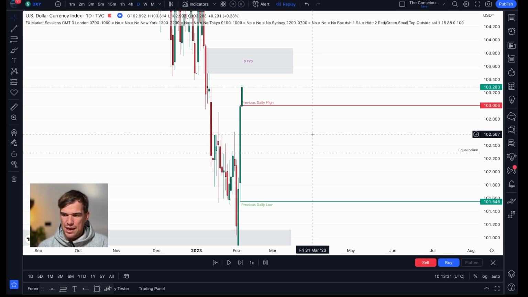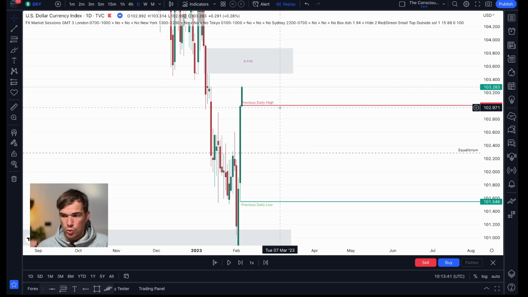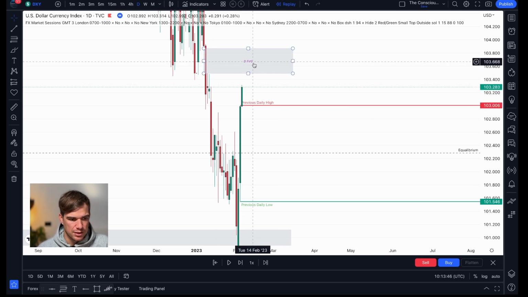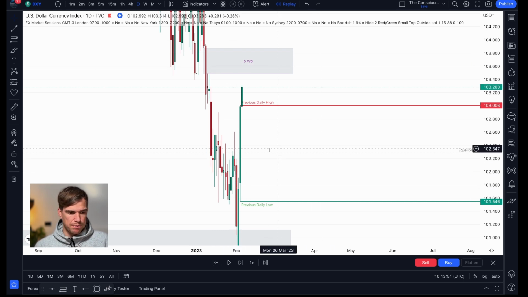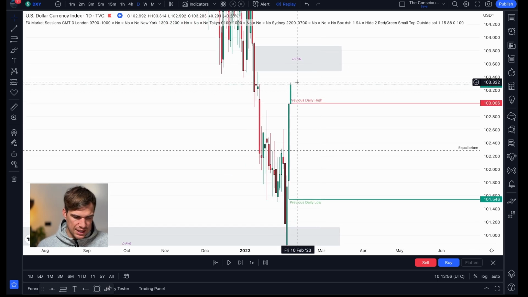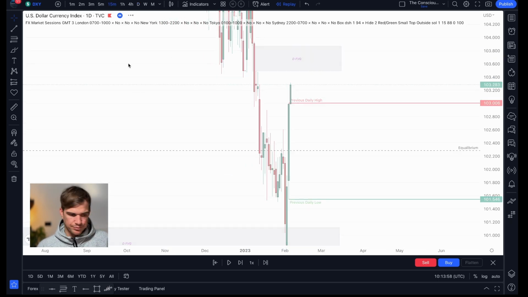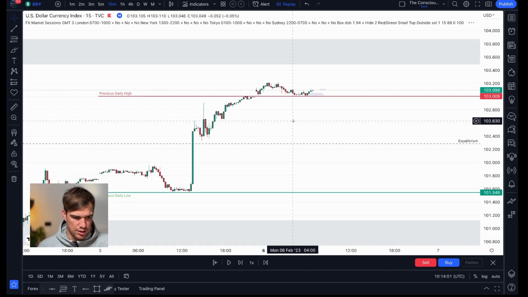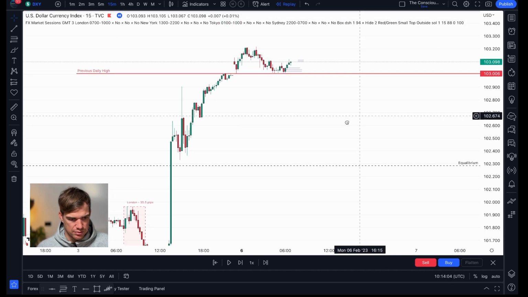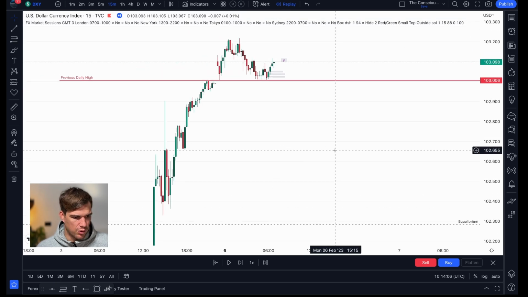So buying the pound dollar, even though it would have worked, you would be going against the big mover from Friday. So you want to see that settling down in the week before we understand if it's going to come back to these fair value gaps on the daily, or if the index is going to retrace back from the move that we had there. So like I said, I'm going to break down why I was long, and then we're going to see how we looked at that retracement for the pound dollar.